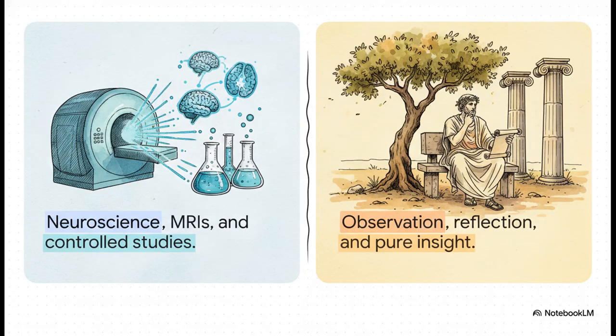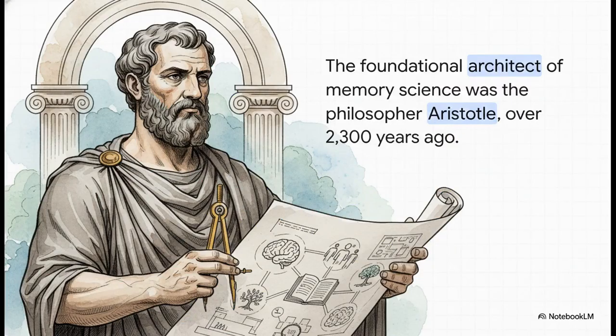Yeah, you're probably picturing those shiny modern labs, with brain scans, MRIs, and all these super controlled studies. And look, that's a huge part of where we are now, for sure. But the actual foundation of it all, it wasn't built with any of that technology. It was built way back in ancient Greece, using just two things: careful observation and pure, brilliant human insight. And the person behind it all, the original architect? None other than Aristotle. Yep, over 2,000 years before anyone even knew what a neuron was, he was mapping out the fundamental principles of how our minds link ideas together. We now call them the laws of association.